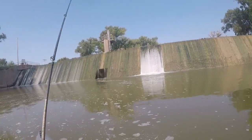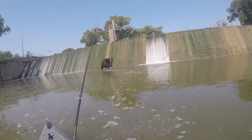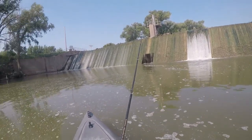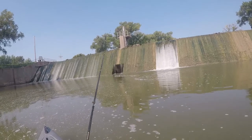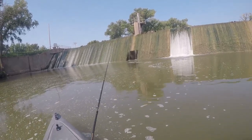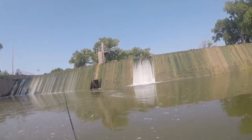Now, that wasn't a bad one, guys. I'm pretty happy with that one. This is a creek, so I never expect anything giant out of here. You very rarely catch, you know, even 5-pounders. I've caught some close to 5, a lot of twos and threes, a couple 4s, maybe one of them might have gone a 5. I wasn't weighing them, but